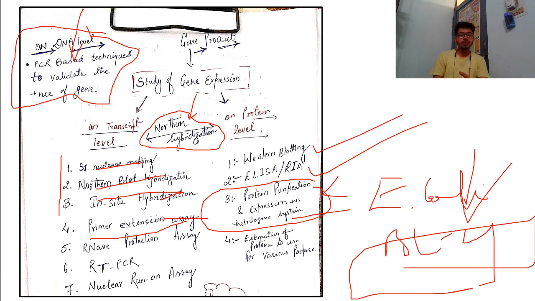So how these are made I will not discuss in this slide, because this video will become a very big video, and I don't want that. I just want to deliver a very short video to make you understand how a molecular biologist is using these techniques. Estimation of protein, and this protein can be used for various studies like DNA protein interaction, protein interaction. So these are again very important for you guys.